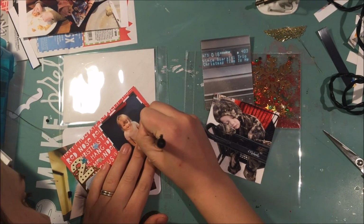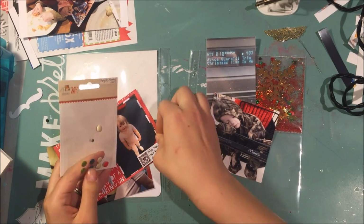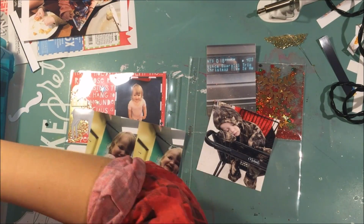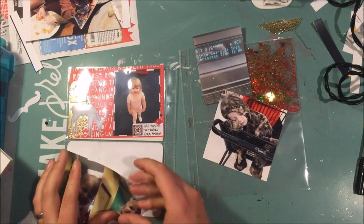Anyway, so I took one of those mink labels, and Christy from Sweet Girl Designs was like, why don't you just trim it? And I was like, yeah, I should. So I just cut it and then stuck the sticker over the to/from part, so it doesn't look like to/from anymore. I don't love the way that card turned out, but oh well. So I'm